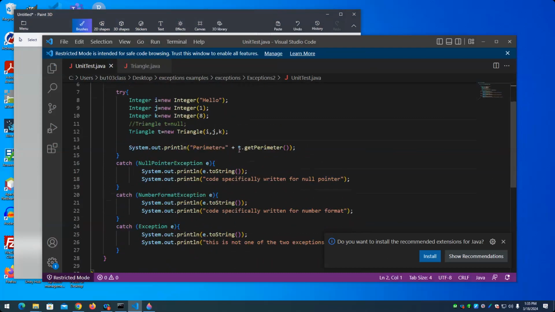I have a number of exceptions here in the unit test. I'm first of all going to try to create an integer from the word hello. Well, that's not going to work, obviously. So I'm going to get some kind of exception for that. I'm going to get a number format exception. So I could write something like "not a valid value" or